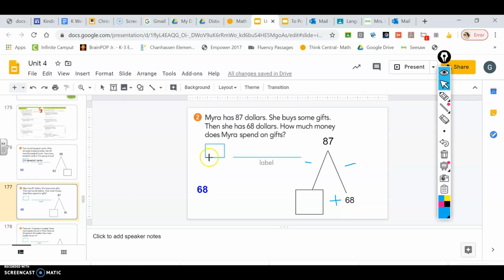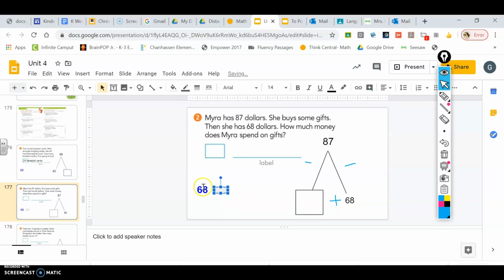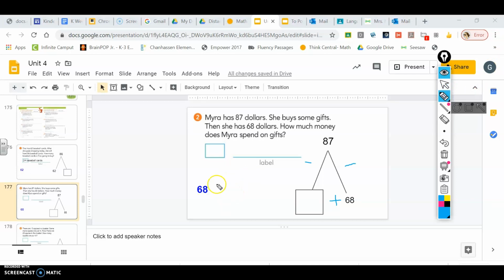Easier than me drawing it over and over. So 68, 69, oh, that's not going to work. I'm going to draw. Okay, let's start again. 68, 69, 70. Oh, I'm going to stop there because I'm at a 10, but I only need to get to 80, so I'm going to go 68, 69, 70, 80. Switch back over to 1s till I get to 87: 81, 82, 83, 84, 85,